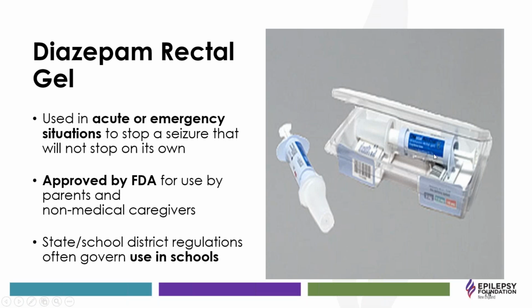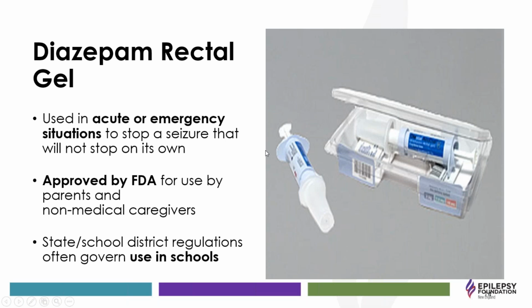And then you're just slowly depressing the plunger to a slow count of 3 seconds. 1-1,000, 2-1,000, 3-1,000. And then you're keeping the applicator inserted, counting to 3 again, 1-1,000, 2-1,000, 3-1,000. And then you slowly withdraw it, and you pinch their little cheeks closed to keep as much of that medication in there as possible. The nice thing about it is that we know it works.